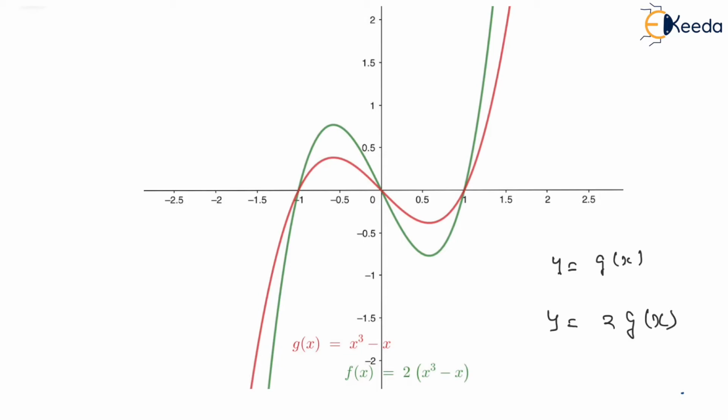That means the value we were getting initially was maybe, let's say, this particular value for the respective value of x. Now it has stretched and it is becoming this particular value of y for the same value of x. So for the same value of x, we can see that the value of y has stretched and it has increased by that factor of a. Similarly, the value we were getting for x equal to, let's say, 0.5 had got scaled up, and since initially it was also a negative value, by scaling with a factor of a, it is still negative, but it has got amplified now.